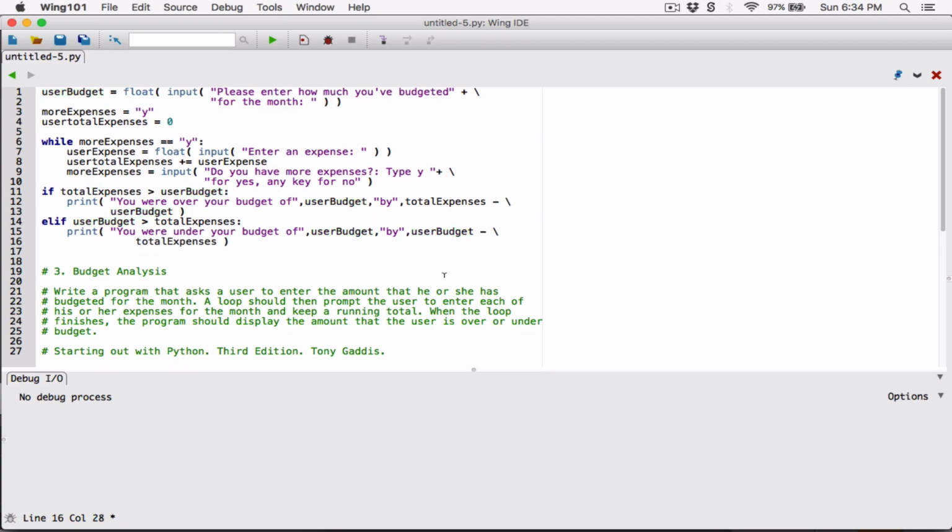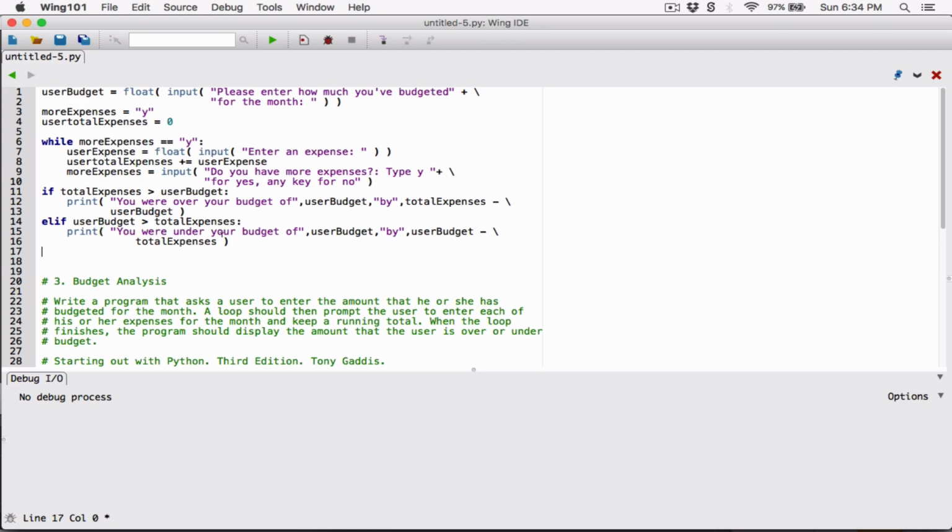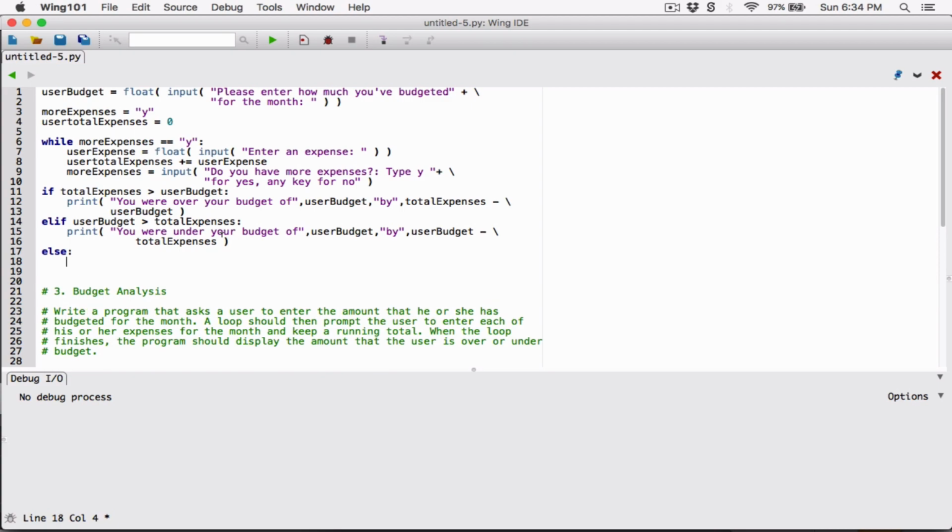Now we'll format this value later on. Okay. Now if the total expenses is not greater than the user budget, and the user budget is not greater than the total expenses, then else, they use exactly the expenses. If the expenses was $1,000, then they use $1,000. So in that case, we want to print